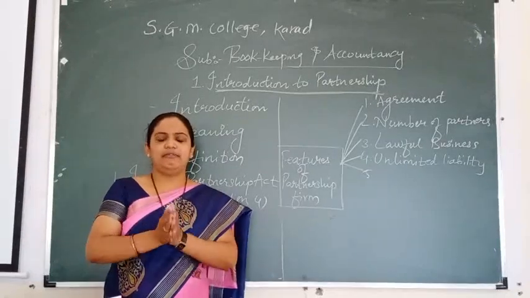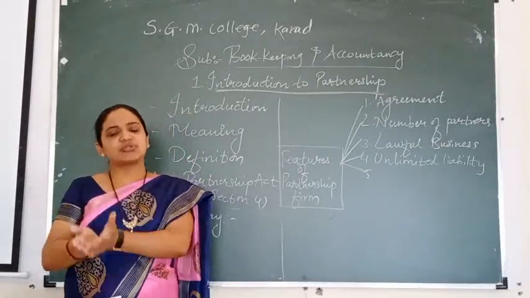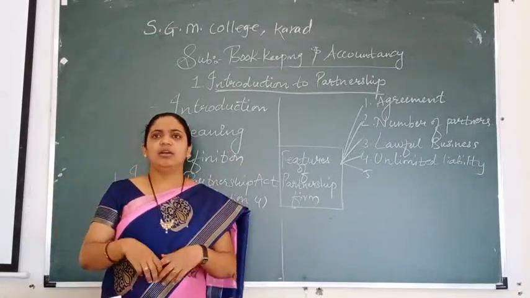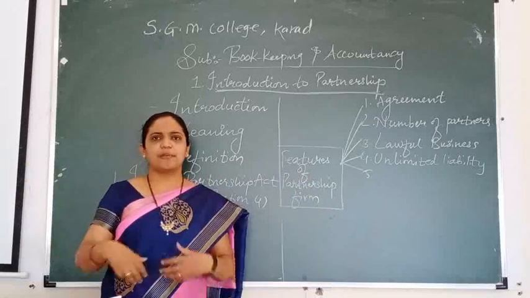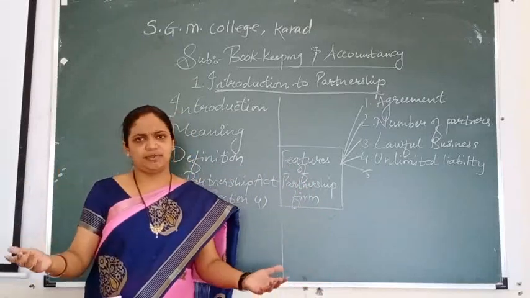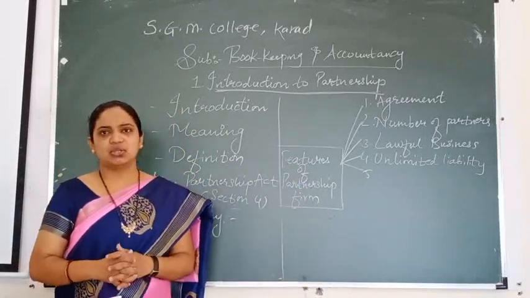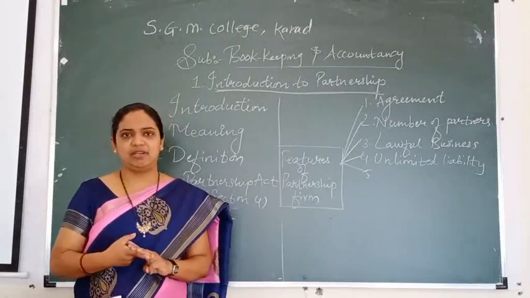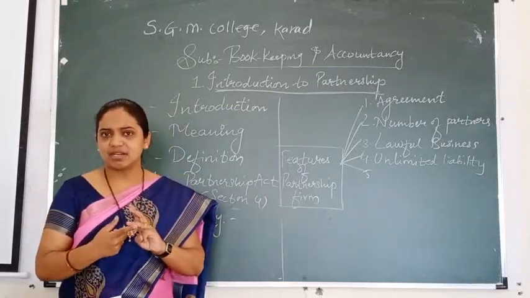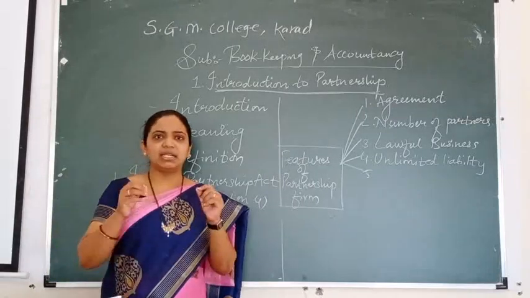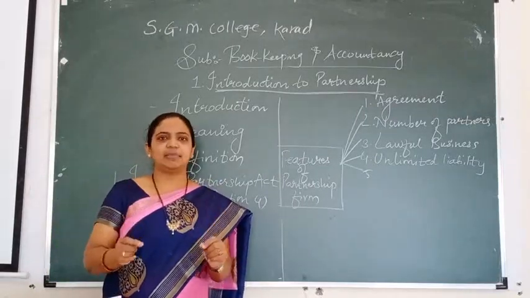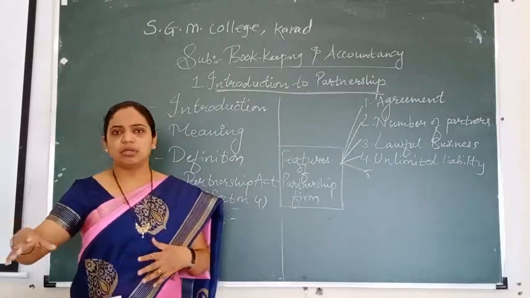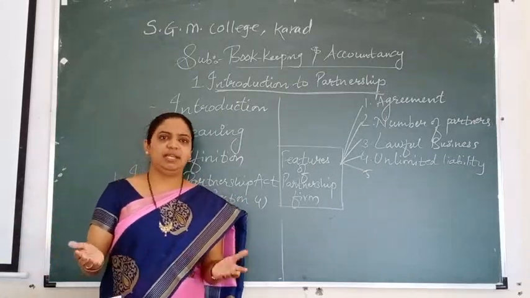Unlimited means what? When you cannot pay the outside third party debt, at that time your office's property, your personal property, your business property, everything is taken. Here also in the partnership, the liability of the partner is unlimited, joint and several. Unlimited, joint and several means what? Up till a single penny, or you say rupee, from the pocket of the partner does not go out, the unlimited liability will be there only.